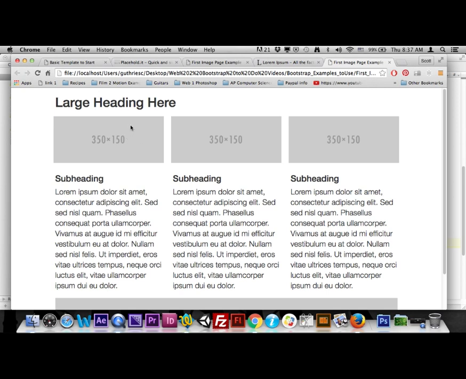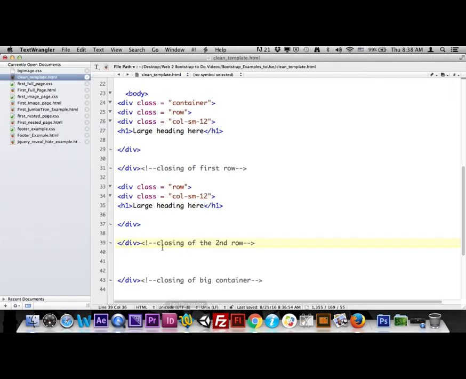Again, the columns have to add up to 12 to close off a row. So col-4, col-4, col-4. 4 plus 4 plus 4 equals 12. We can close off this row, and then down here is a whole other row. But I don't want to get ahead of myself. But what I can do is, inside this second row that we copied, we can make a col-4, just